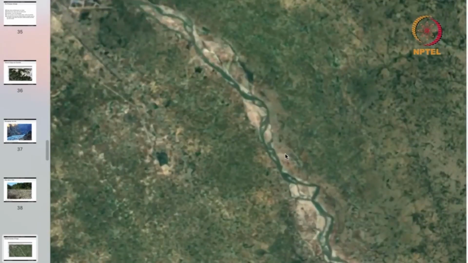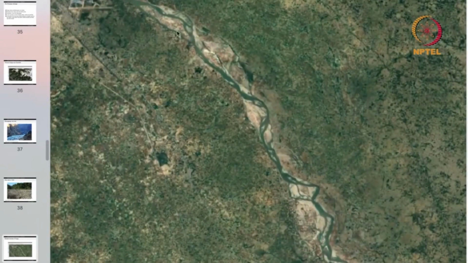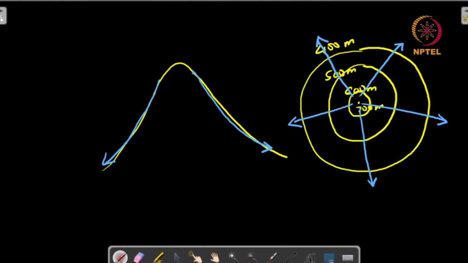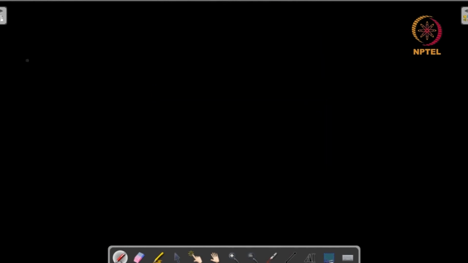Now braid means that if you look at this river, it moves like this, but then here it turned and made another stream. Here it made another stream. Here it made another stream. So we have all of these small streams that are braided together. So what is happening in this case is that you have a main channel,